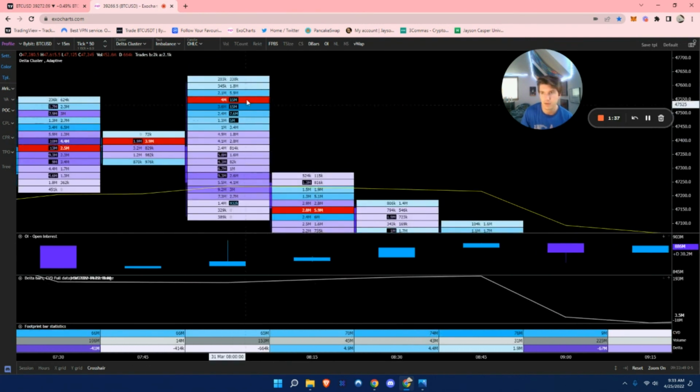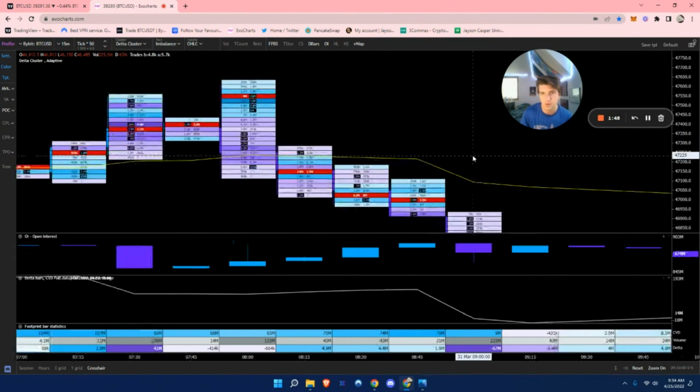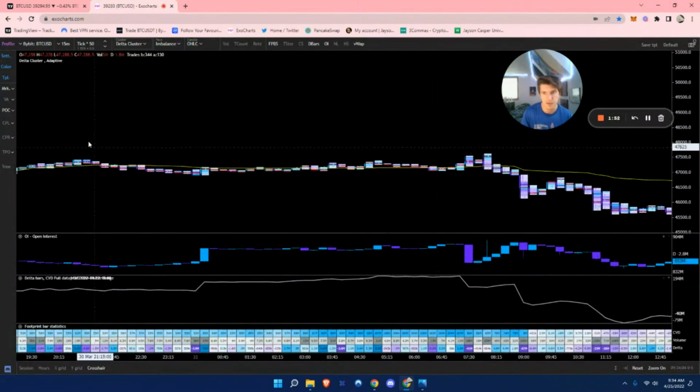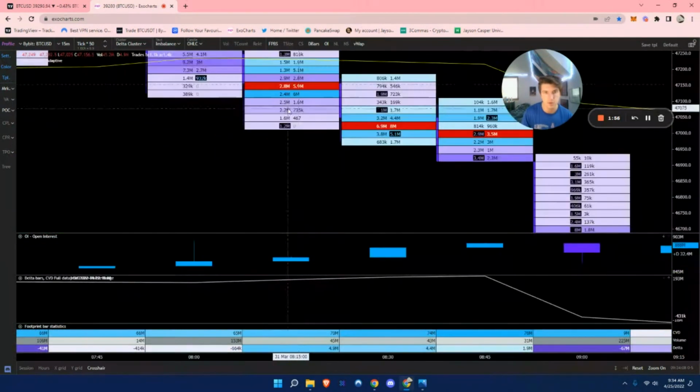So you wouldn't have entered at this price because you wouldn't really know that they were going to be trapped. Wait until they go underwater and are trapped, and then enter down here with our stop loss above the last high. So it would have been a very good position,